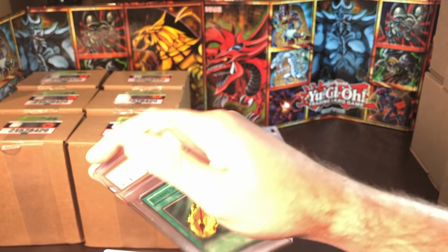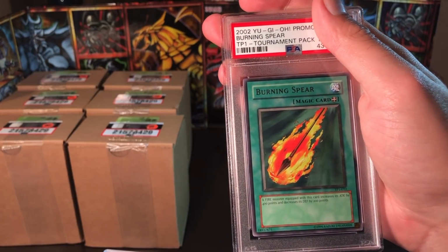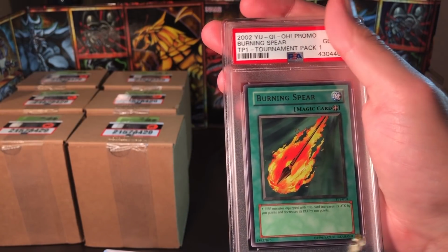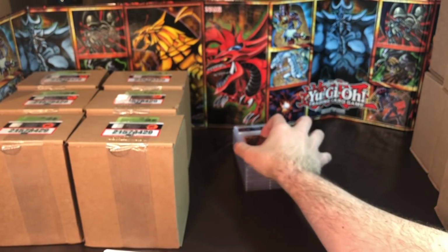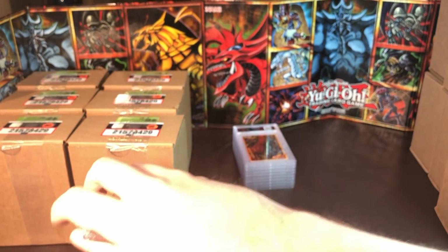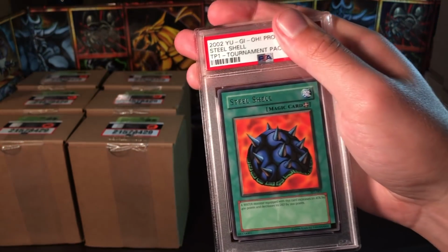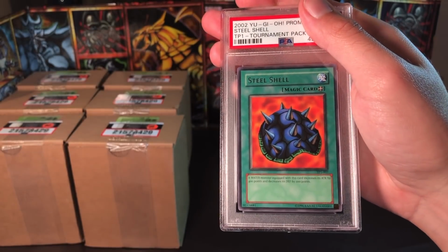Next we have Burning Spear. It's a pretty low pop, I think. And another 10. So not only did they grade fast, but they're giving me 10s. But these are all packed fresh, so they deserve 10s. We have steel shell, and we have